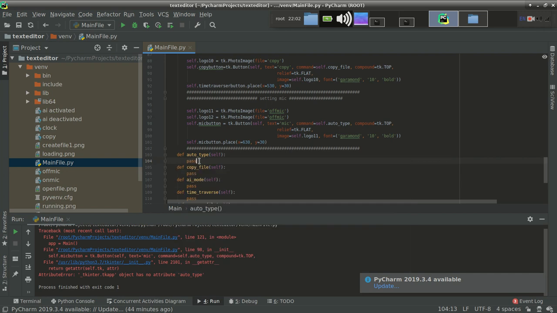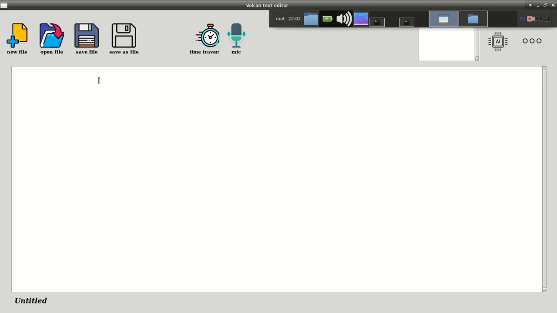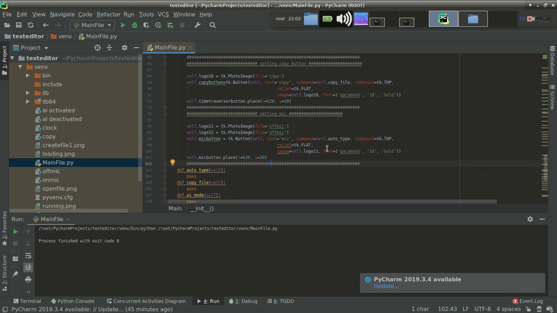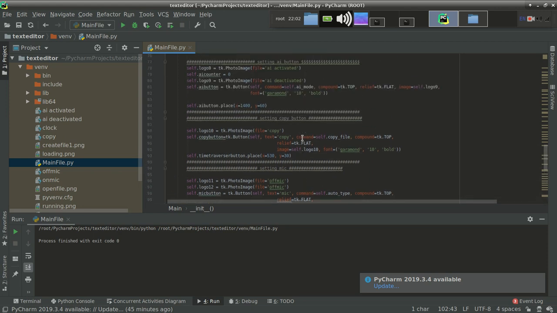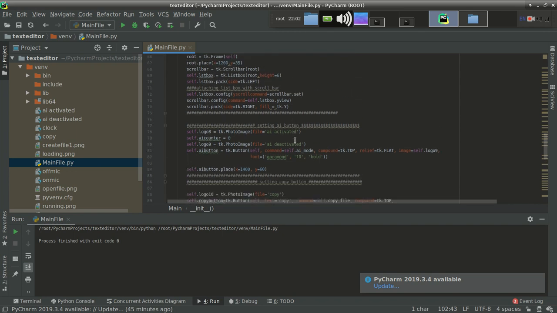Pass. Let's run it. So this is going to be the final UI of our, wait, here AI button is not AI button, something is missing. Setting mic, fine. Something is missing from here.